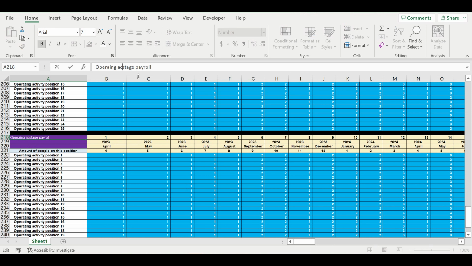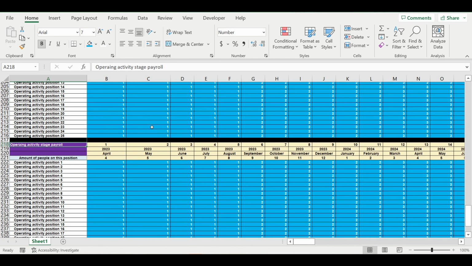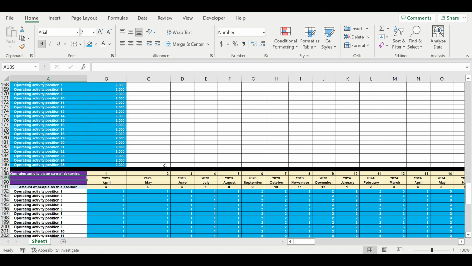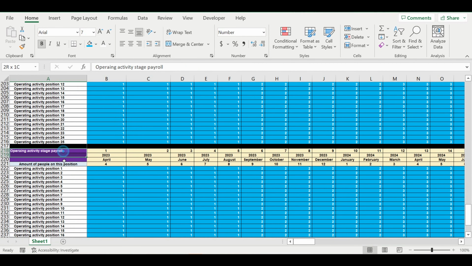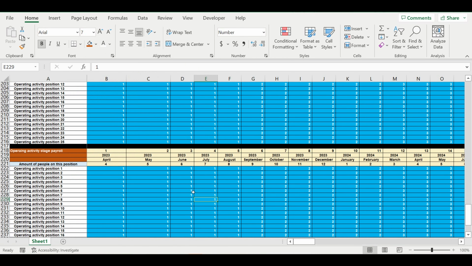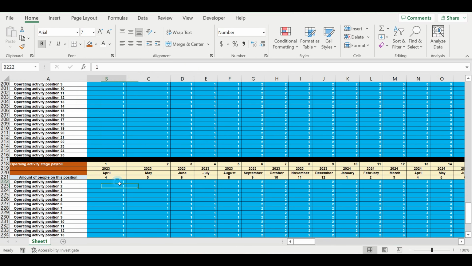Operating activity stage payroll. Operating, and now let's add,